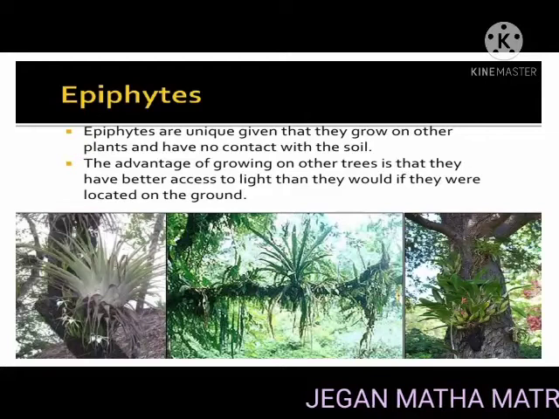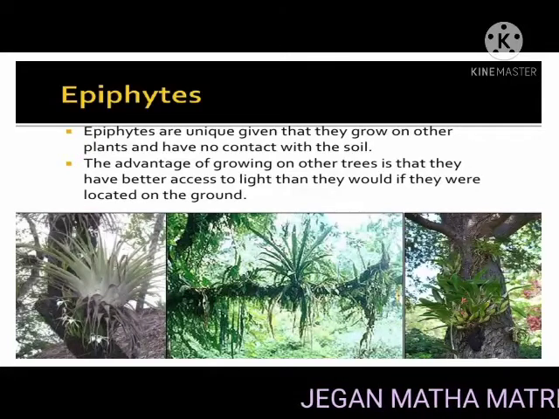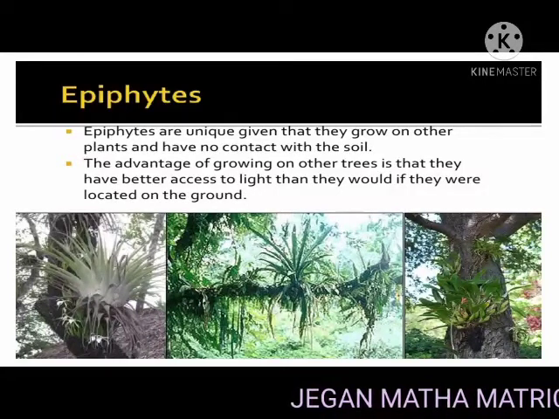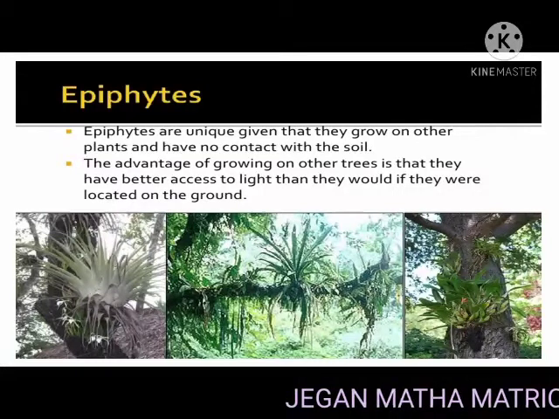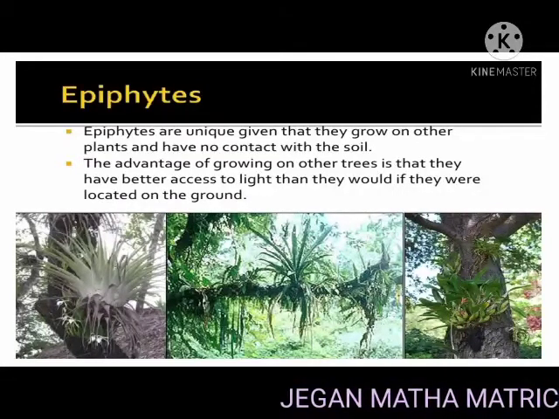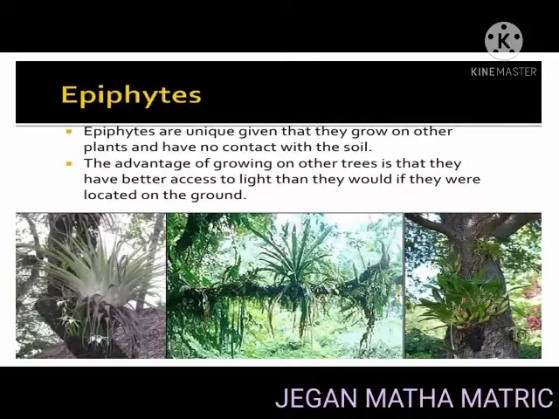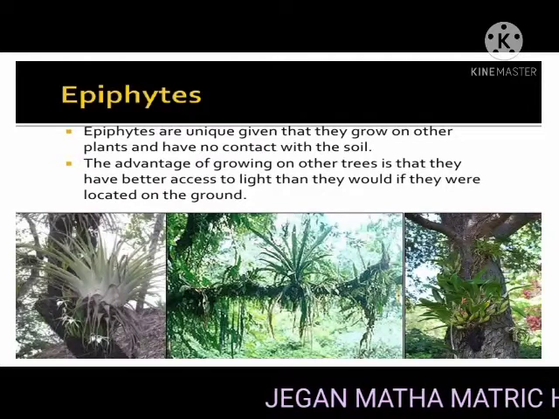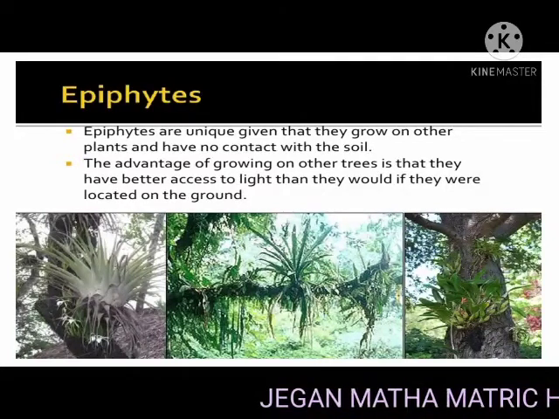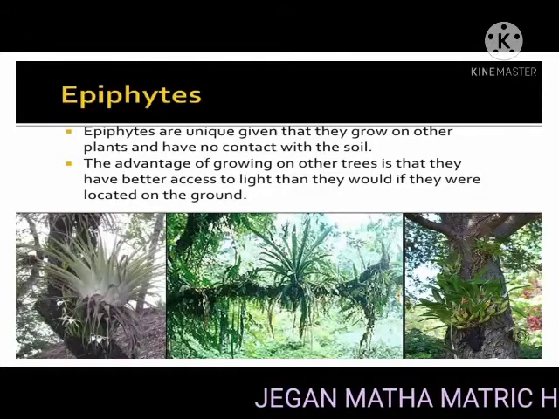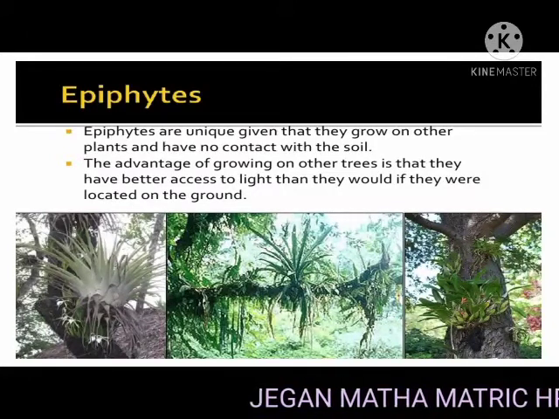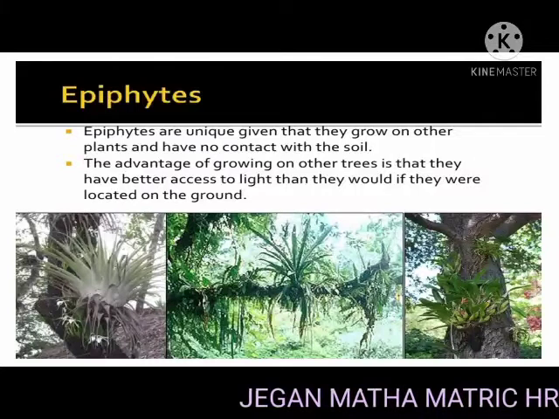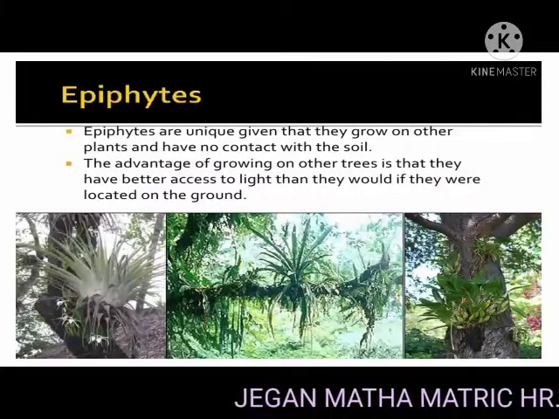Morphological adaptation. Root and stem are extensively developed. These roots may be of two types. They are clinging roots and aerial roots. Clinging roots fix the epiphytes firmly on the surface of the supporting objects. Aerial roots are green colored roots which may hang downwardly and absorb moisture from the atmosphere with the help of a spongy tissue called velamen.